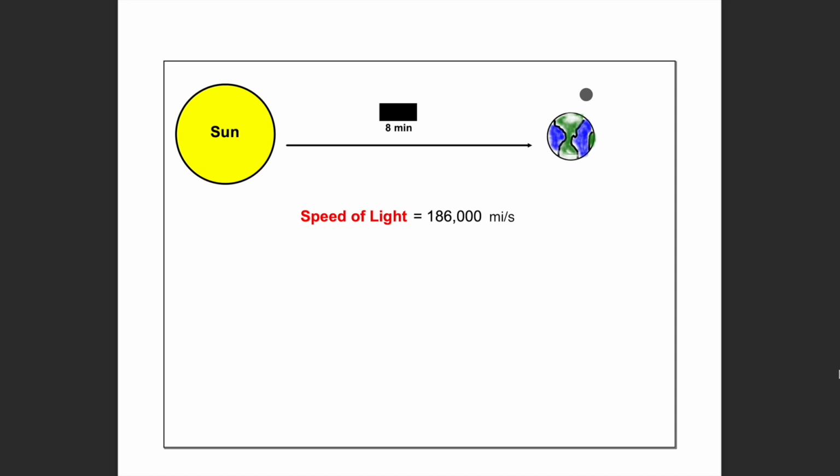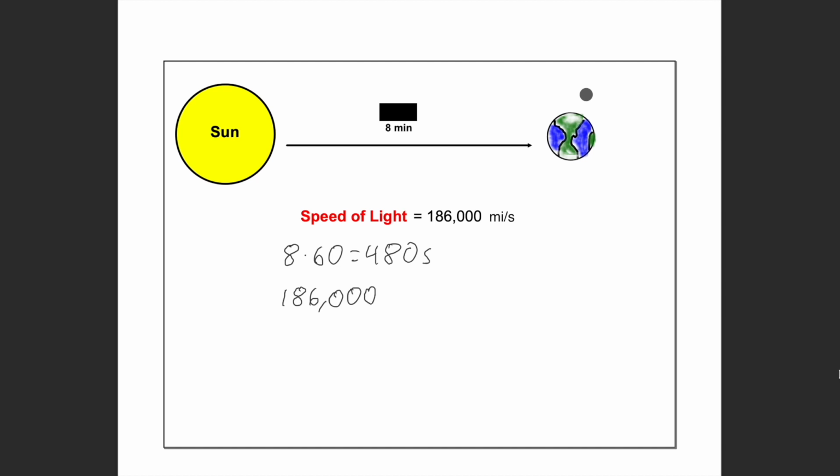We know that there are 60 seconds in a minute. So we have 8 times 60 is 480 seconds. And if the speed of light is 186,000 miles per second, then it's going to be